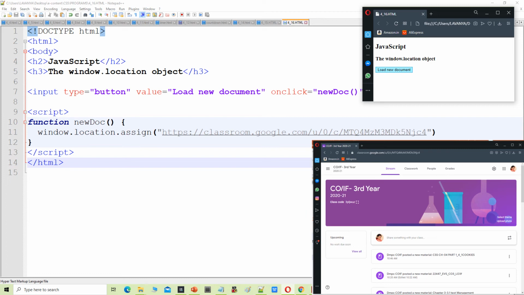After executing this code we will get this first output window, that is JavaScript, the window.location object, and after clicking that Load new document button, the path given in the program, that page will be opened. Since I have put the Classroom web page path, that's why this page will open.